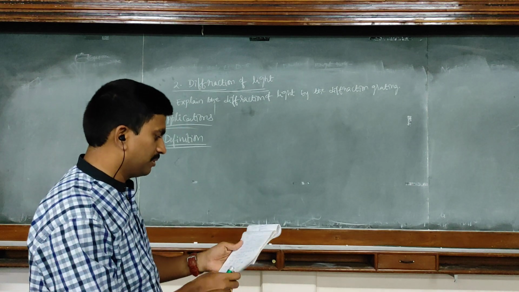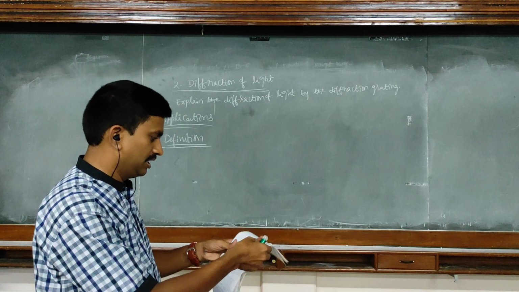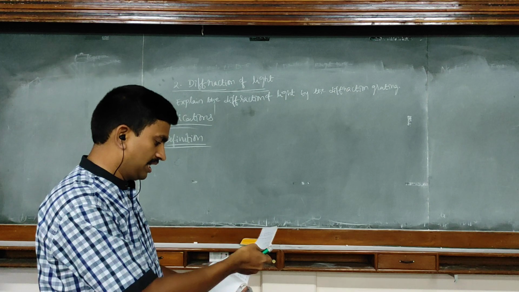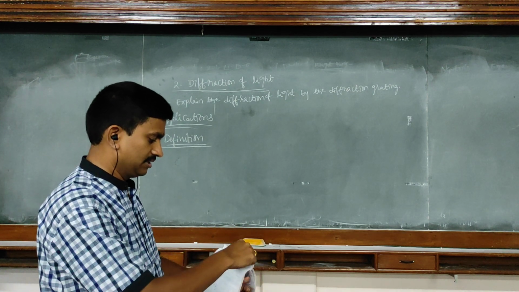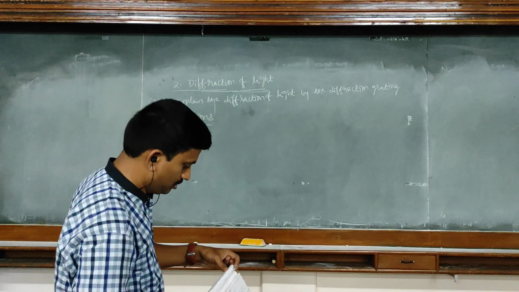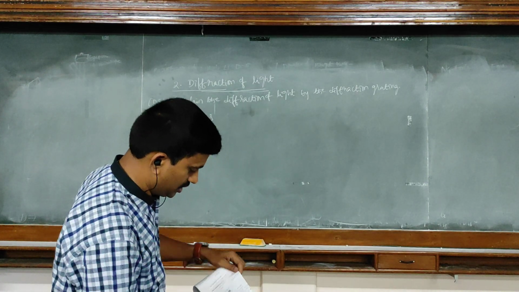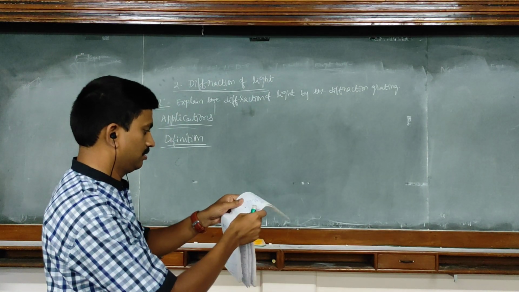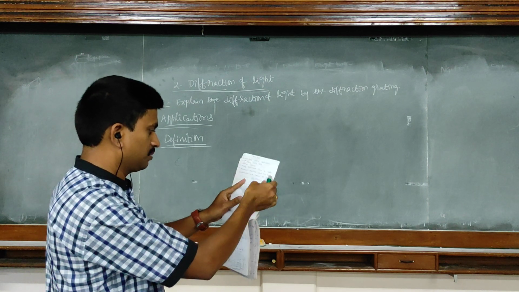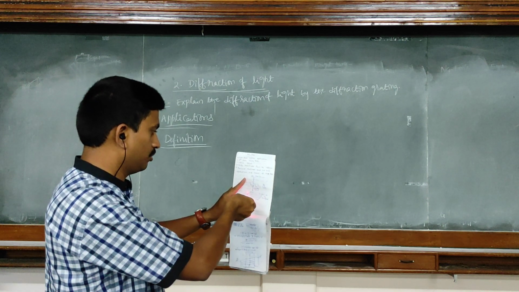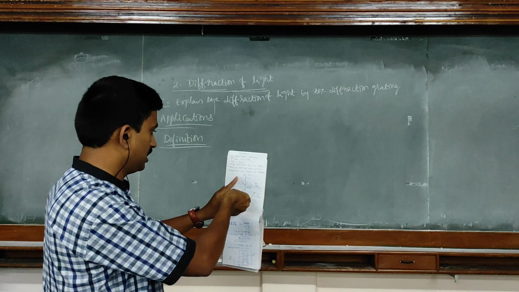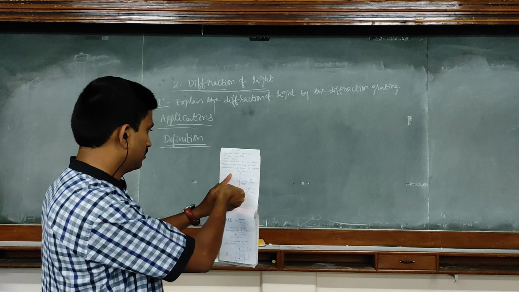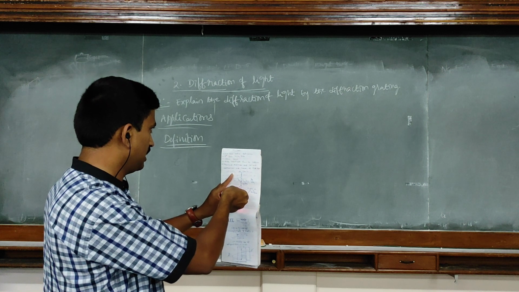And then, for example, if I make a small hole in the paper, then that hole, or that particular hole, we call it a slit. Yeah, I made a small hole in this paper. Through this small hole, the light can propagate. You can see the light on the board also. Right? Yes, you can see the light on the board.